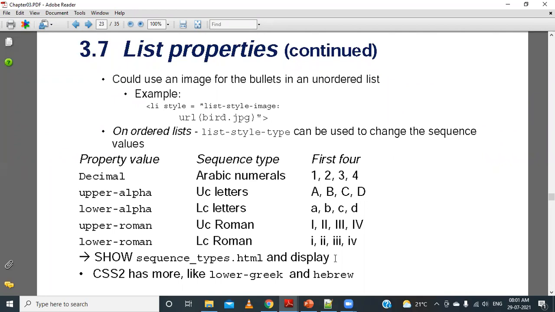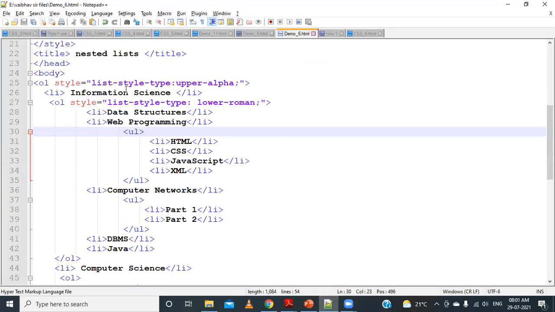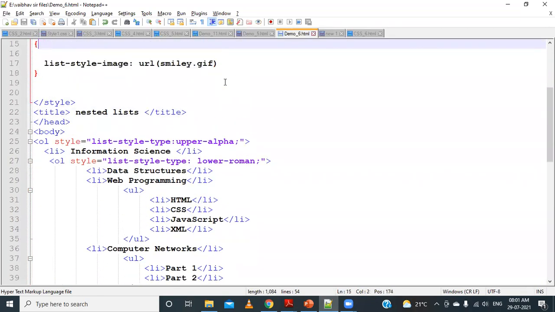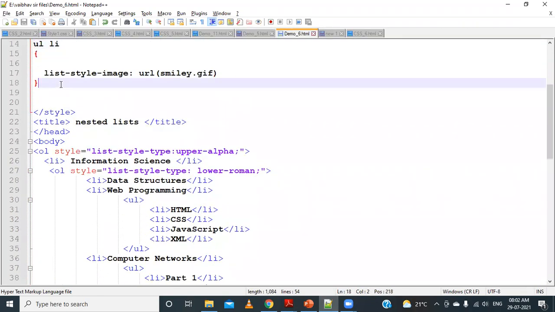So now, till now what we have discussed is for the ordered list, where we have applied inline level. But what if I want to apply it for all the ordered list elements? If I want to apply for that, what do I have to do? I have to again use the document level CSS, and here I will specify the properties, and that can be set here. So let's understand that now.